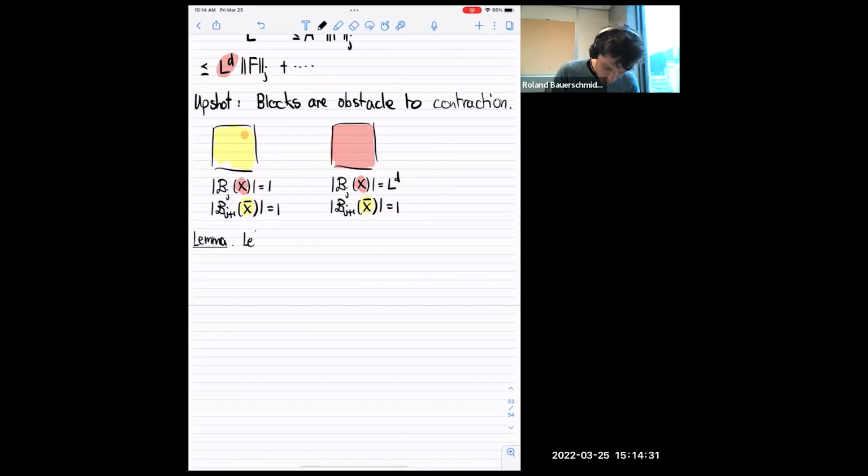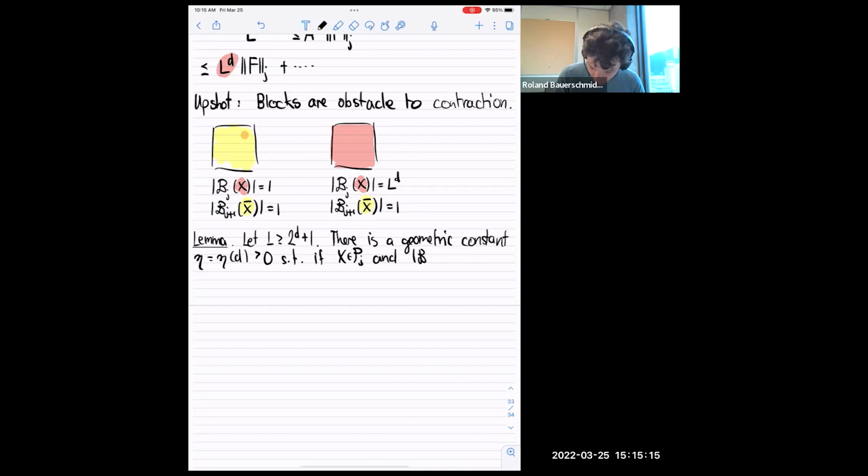encoded by this lemma, whose proof you can find, for example, in David Bridges' Park City lecture notes, which are linked on the website. We'll make an assumption, say that L is bigger than 2 to the D plus 1. So in 3 dimensions, say this is 10. It's a convenient assumption. Then there's a geometric constant. Geometric meaning this constant eta only depends on the dimension. And it's strictly positive, such that if X is a block at scale J,